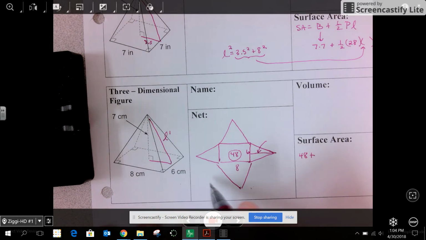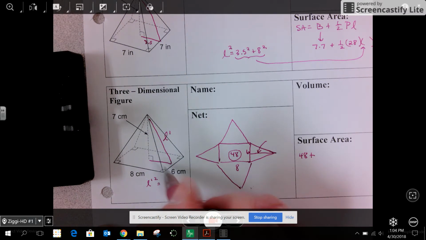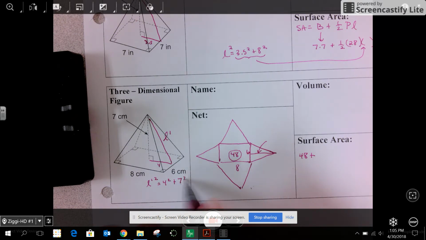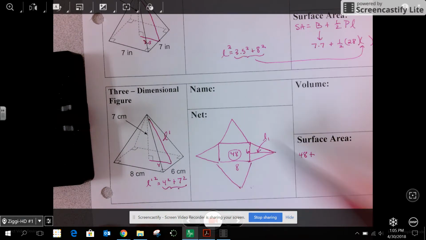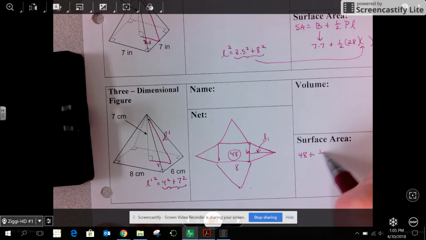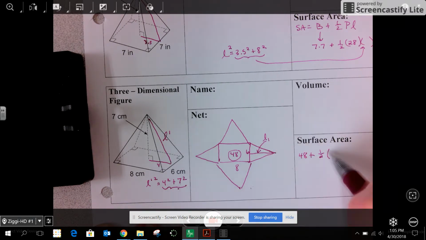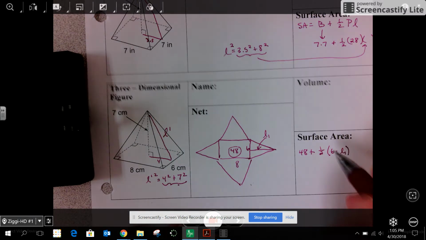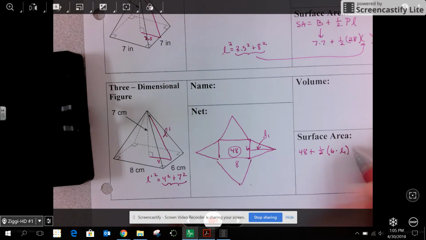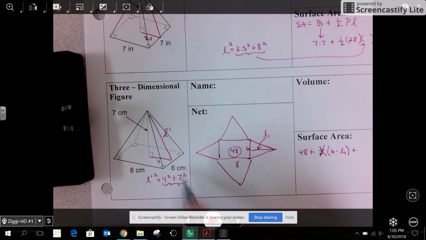So L1 squared is 4 squared plus 7 squared. And when you take the square root, that goes right here. So that's 1/2 base times L1, and that's the triangle there. There's 2 of those, so you can add it twice or know that if you take a half twice, the half just goes away. Plus, then I have